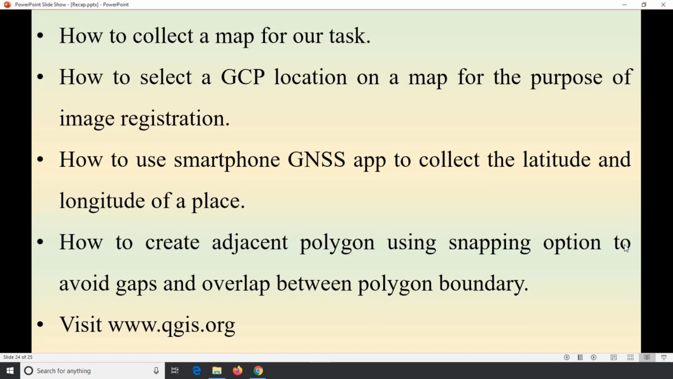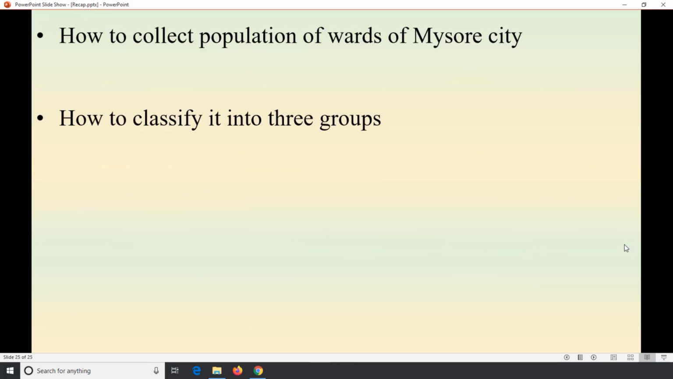To know more about QGIS, visit www.qgis.org. In the next video, we will discuss how to collect the population data for the wards of Mysore city and